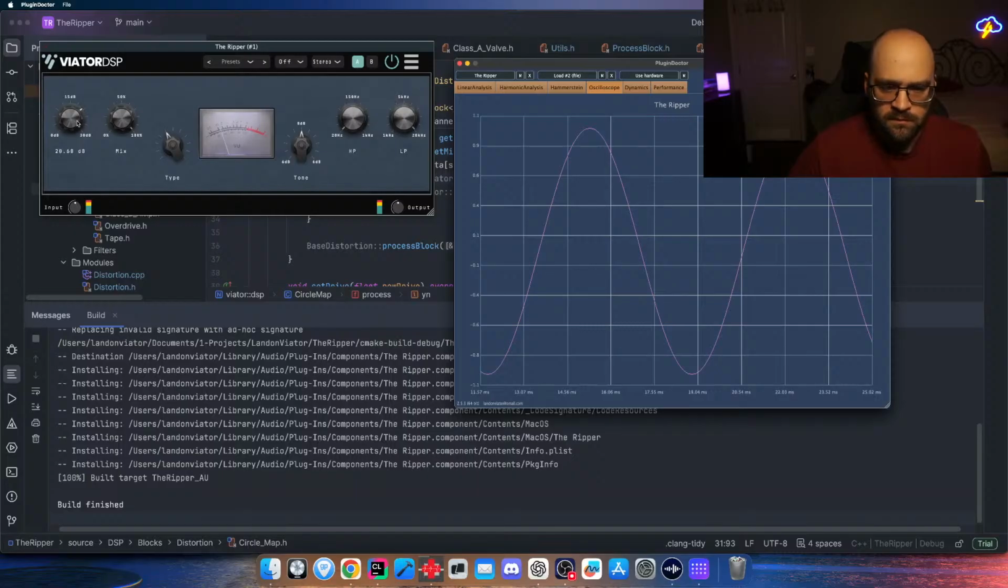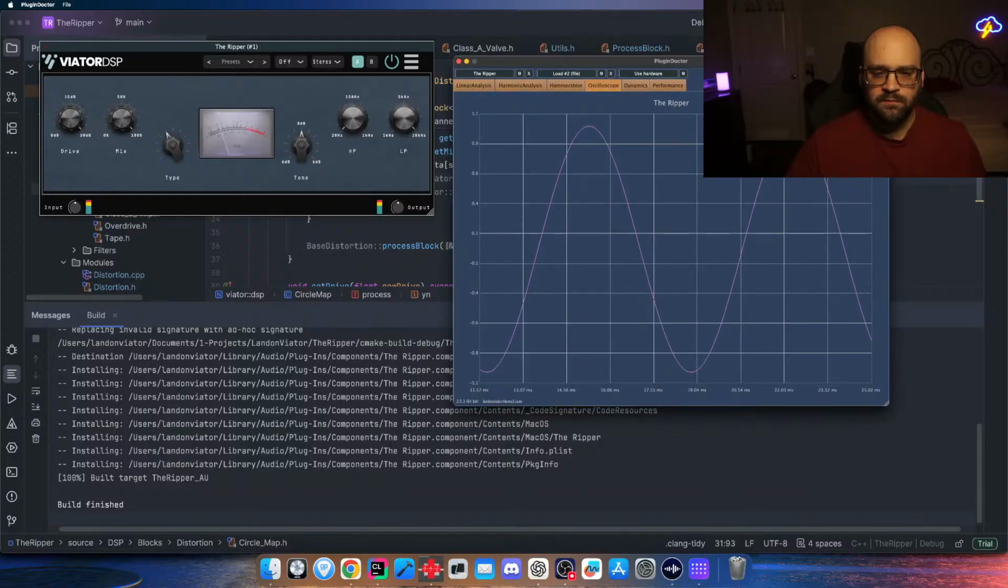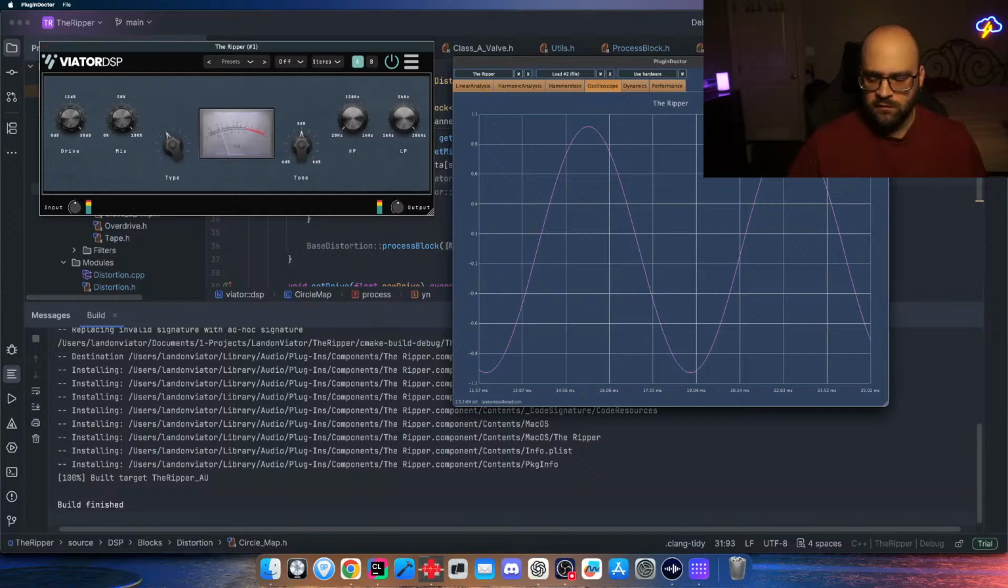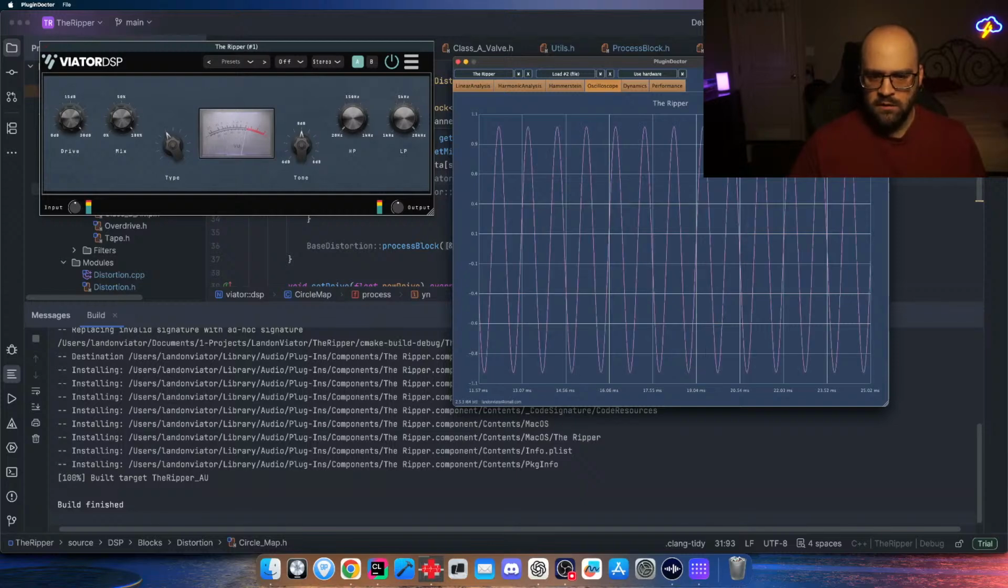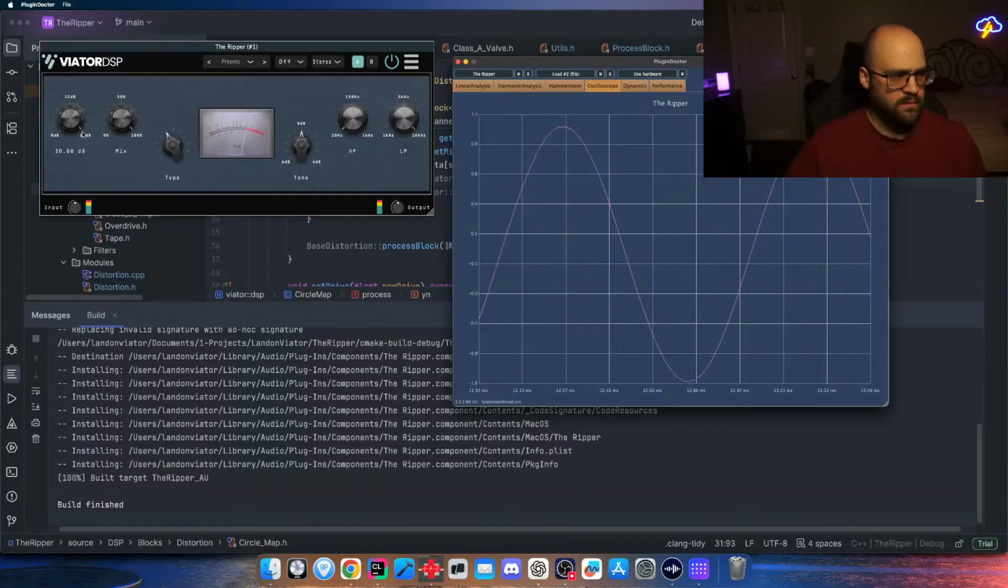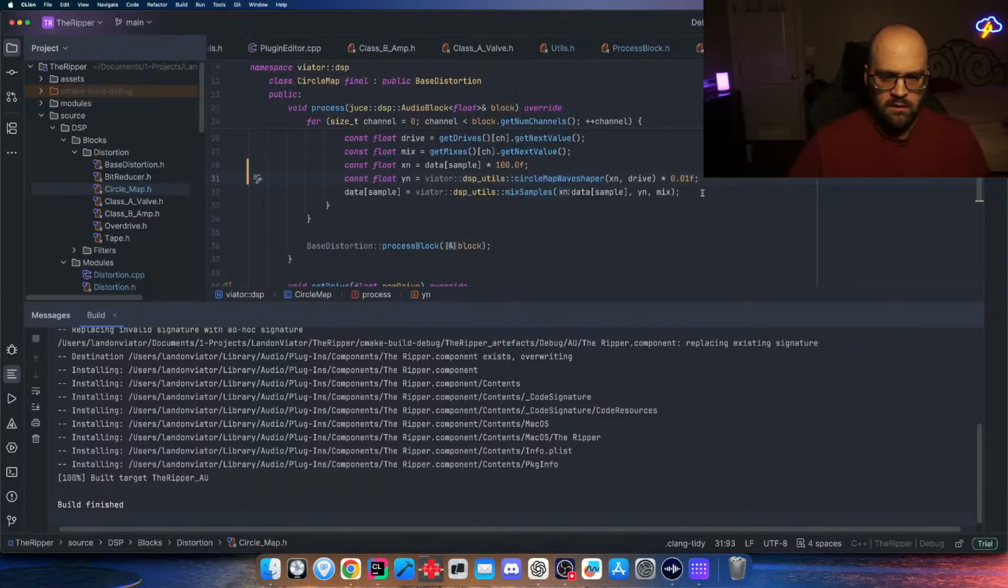That's odd. Is it making it even more subtle? Oh, let's try a different frequency maybe. Let's try 1000 hertz. Doesn't really look like it's much different. Okay. So if I don't do that,